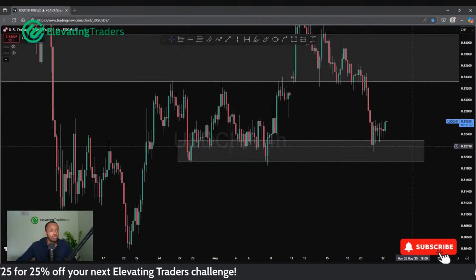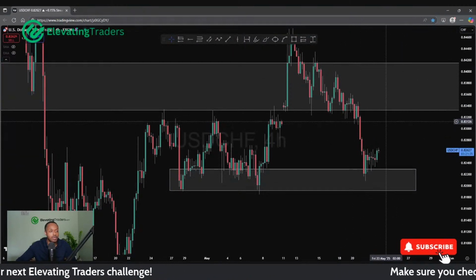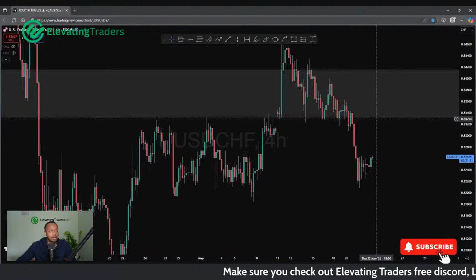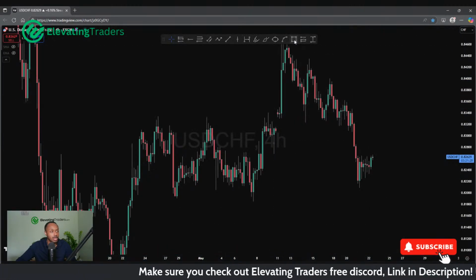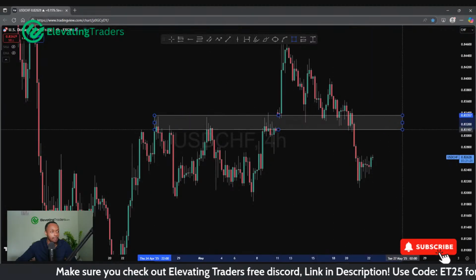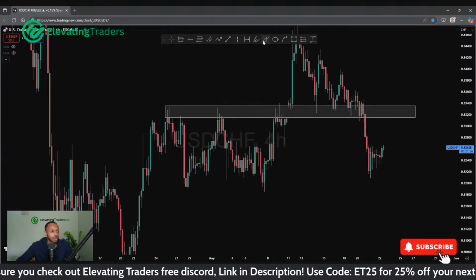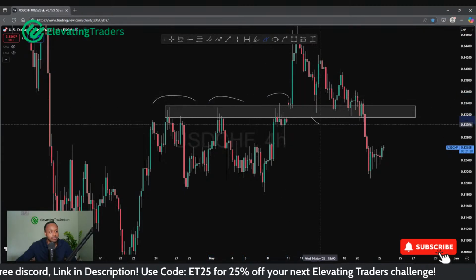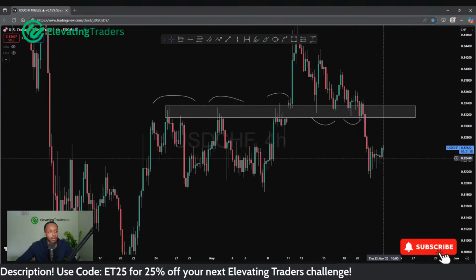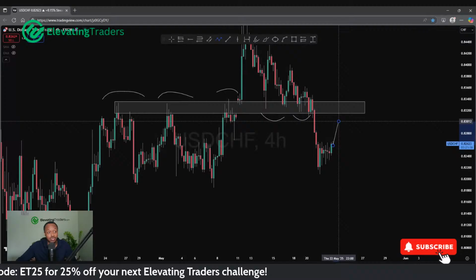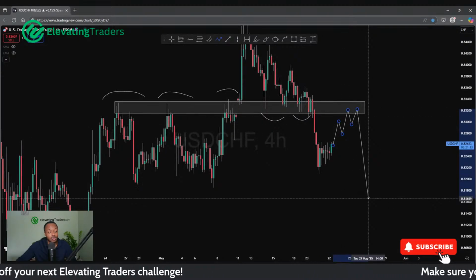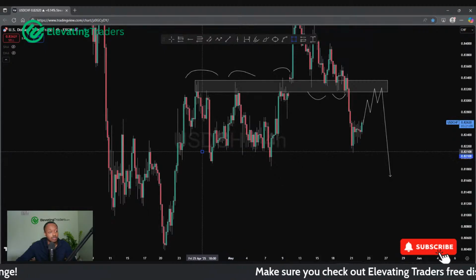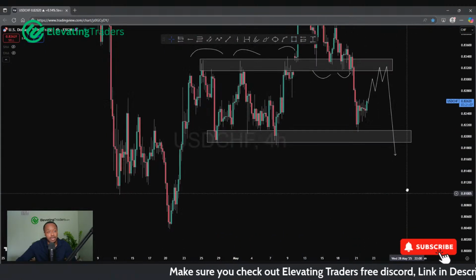So for now, for dollar CHF, yes, we're at support. There might be some buys here, but I think the bigger move is with the sells. So what I would keep an eye on for dollar CHF would be this zone here. It has been resistance very well on the 4-hour chart, once, twice, a third time, and support here a few times as well. Potentially that could act as resistance again. I think that could be a decent sell. Even if it's just the push back into support, I think that makes a load of sense.